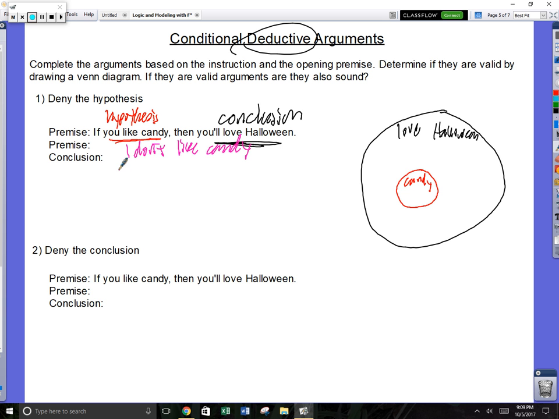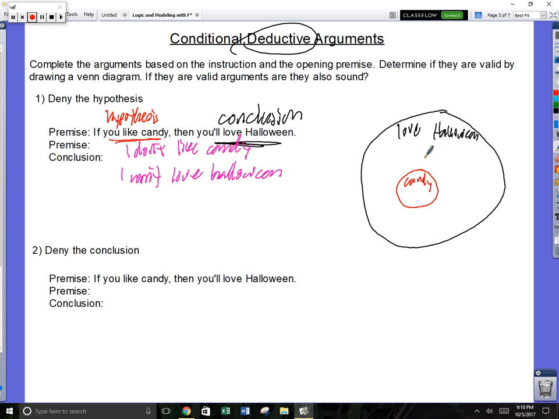So my conclusion, I can deduce that if my first premise is true and my second premise is true, my conclusion is going to be I won't love Halloween. Okay, now